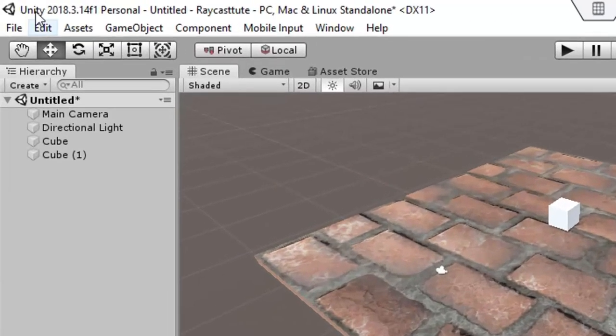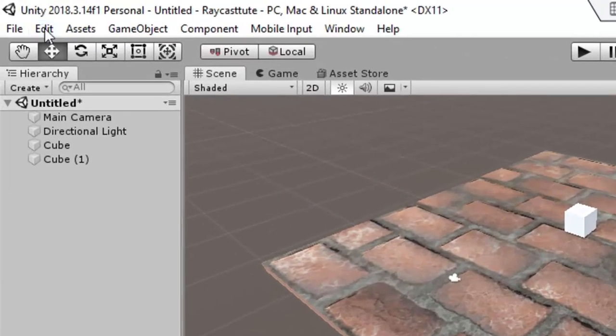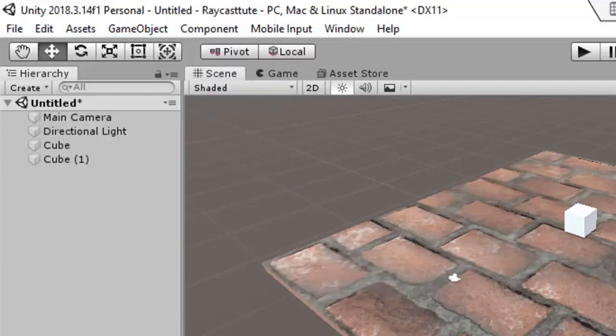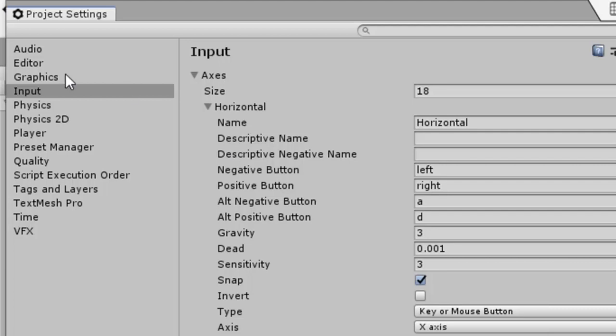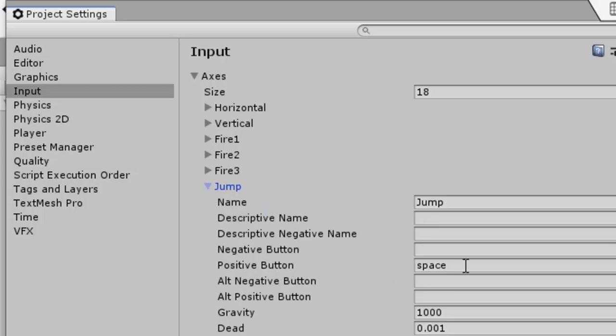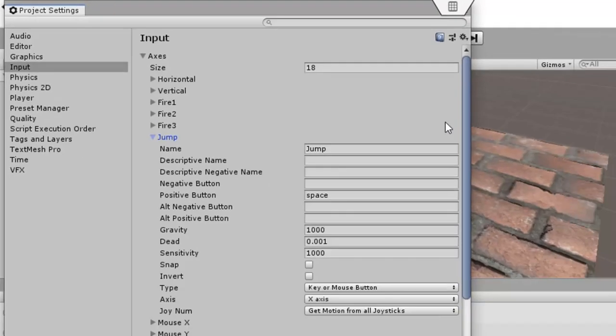For that we will go to edit, project settings, and click on input. Here we can see that there are 18 events already mentioned in Unity. The jump event is associated with the space button. It means we have to pass the string jump, and it will always call the space button.